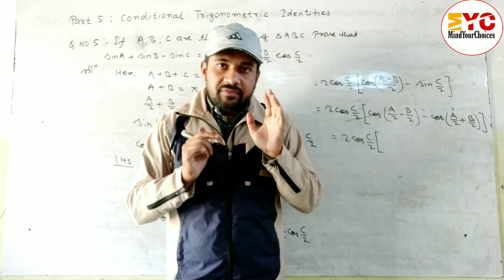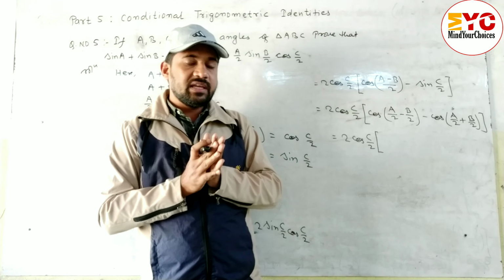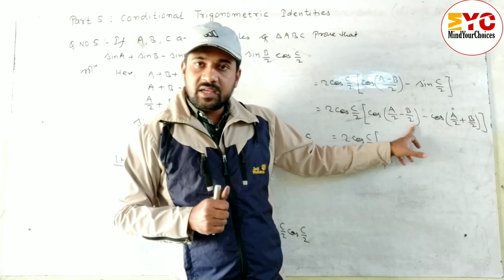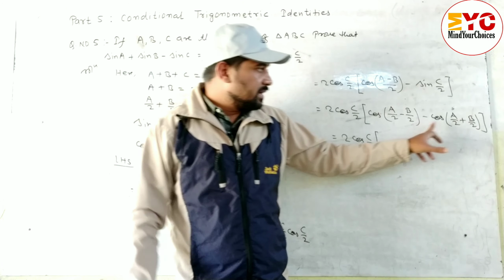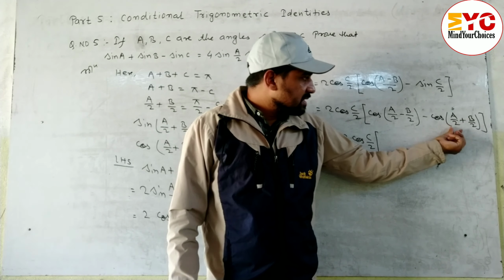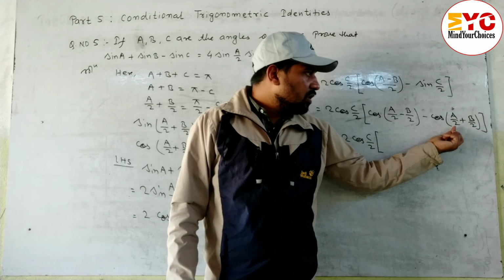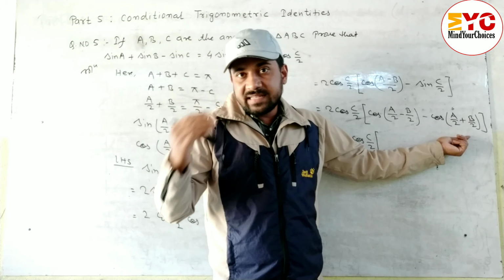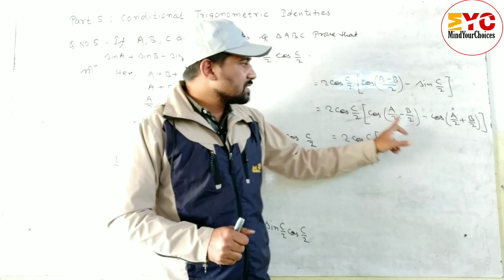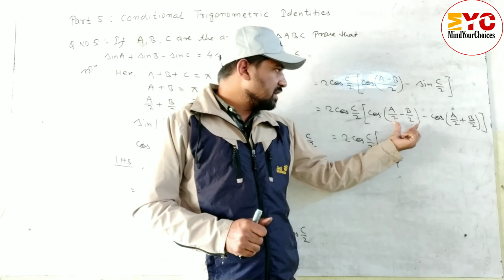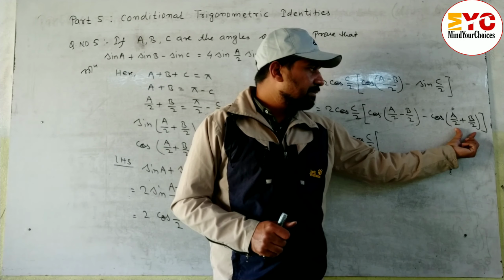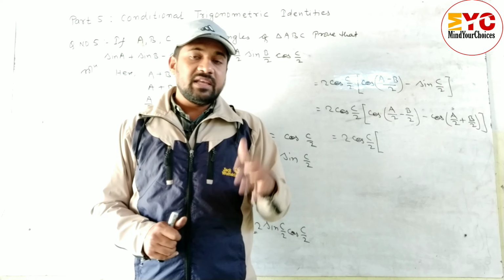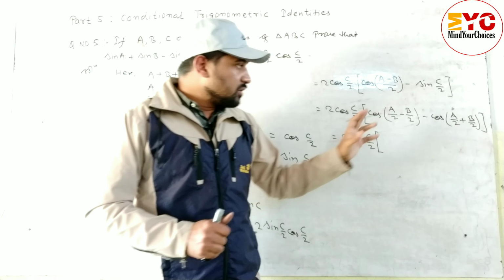If you find it difficult to learn that formula, you can use other formulas also. What is the formula of cos A minus B? Cos A cos B plus sine A sine B. And the cos A plus B formula is cos A cos B minus sine A sine B, where A means A by 2 and B means B by 2. Or you can use the cos C minus cos D formula also, where C means A by 2 minus B by 2 and D means A by 2 plus B by 2. We have three formulas to use here. Whichever formula you feel is easy, which you have learned, you can use here.